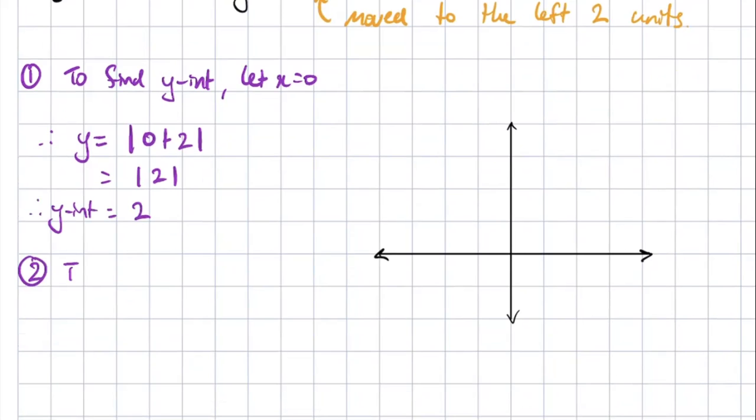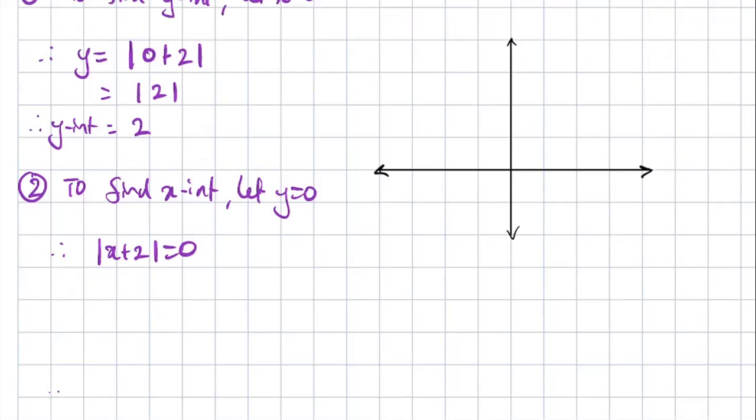Step 2, we're going to find our x-intercept. To find the x-intercept, we let y equals 0 in this particular case. So we now have the absolute value of x plus 2 is equal to 0. There are multiple different ways that we can approach this. Again, I'm going to go down the path of just solving the absolute value by cases. So case 1, we have x plus 2 is equal to 0,